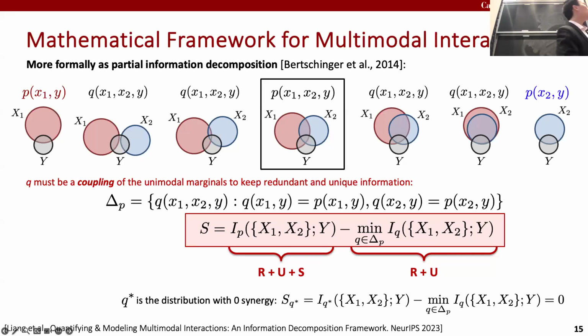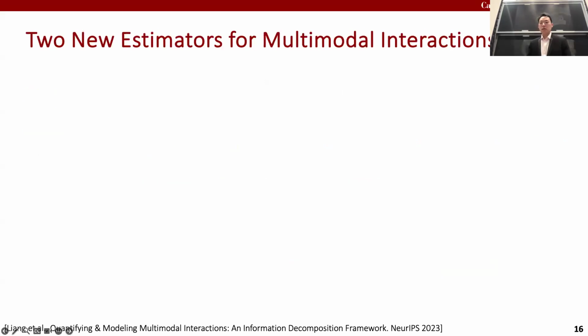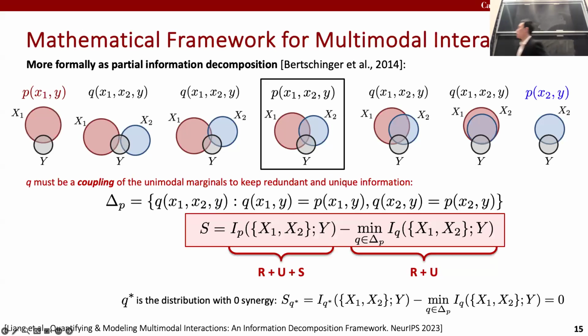We're going to focus on the second term, because this approximation problem of estimating Q, the distribution with the least information with respect to the couplings, is a relatively new problem. For the first term, just estimating information in P, there are standard ways to do it in machine learning. So it's mutual information estimation. So our goal is to estimate the second quantity.